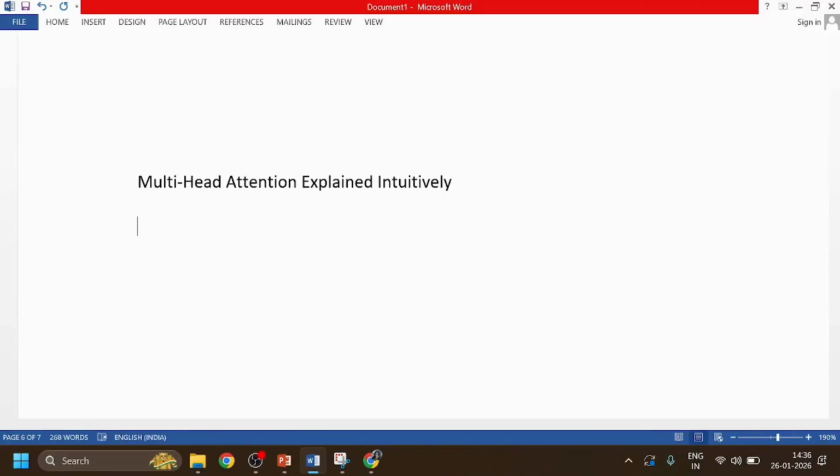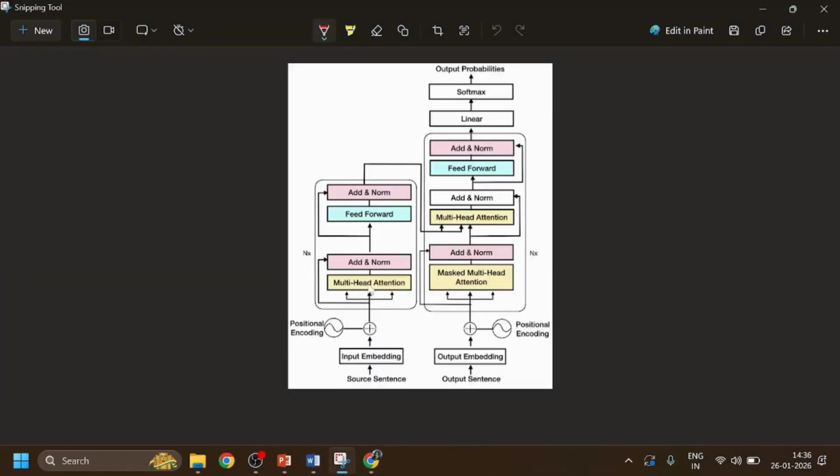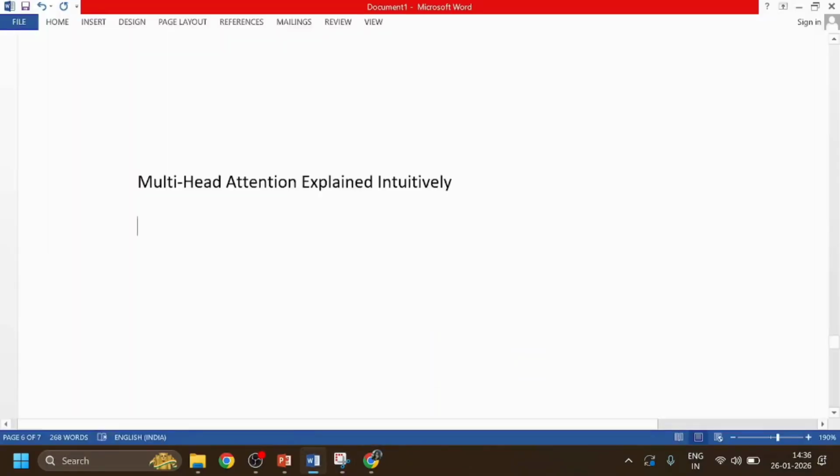Now we are going to understand multi-head attention deeply. In the last video we understood self attention. Now the question is, if attention already works, why do we need multi-head attention? I already showed you this diagram of why we need multi-head attention. In the self attention block, self attention lets each word look at all other